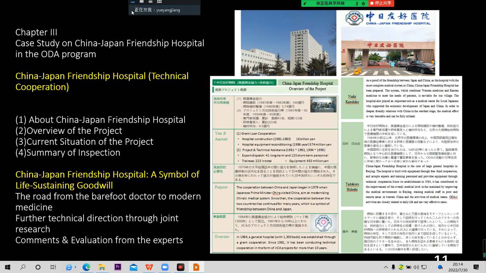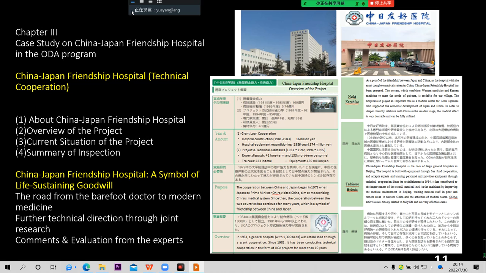So about the Friendship Hospital, I covered 4 parts. The first part is the introduction about the China-Japan Friendship Hospital. Second part is the overview of the project. Third one is the current situation of the project. And fourth one is the summary of the inspection. And in specific, China's friendship hospital is a symbol of the life-sustaining goodwill. The road from the barefoot doctors to modern medicine, future technical directions through joint research, and common evaluations from the